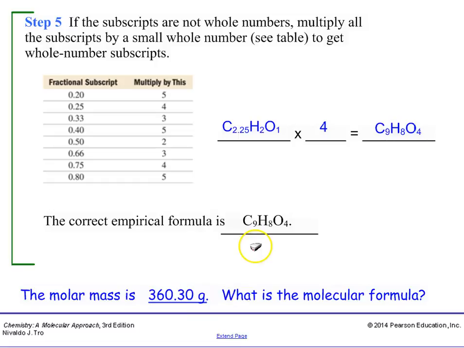So we should be able to find the molecular formula. The empirical formula, as we calculated it, C9H8O4, is 180.17 grams. If I find that the molar mass of this compound is 360.3, then we can figure out that the molecular formula has to be